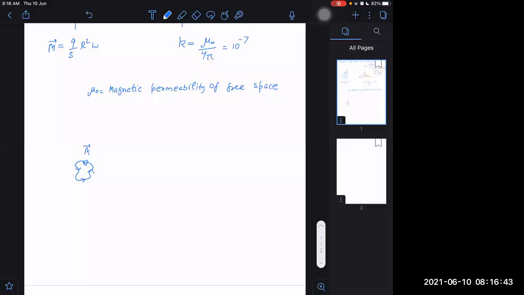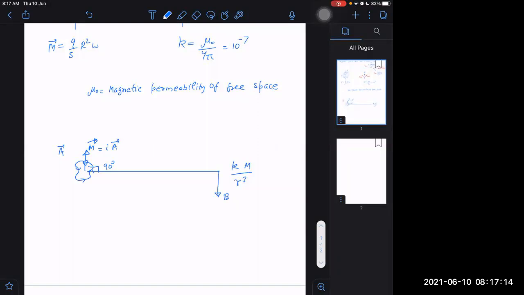All I can do is find out its magnetic dipole moment by knowing the area vector. Let us say it comes out to be this. Once I know the magnetic dipole moment, and I go from here at a very large distance perpendicularly, I have to use which formula? Obviously, magnetic moment is I into area. I have to use K into M by R cube with a minus sign. Minus is indicating the field will be downwards. That will be filled here.